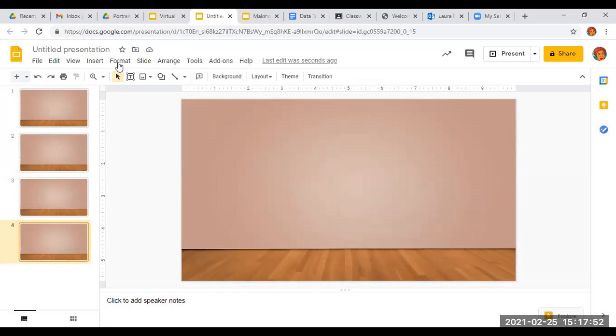Can anybody tell me, how do you choose a background in Google Slides? Search it up. Insert, and then you press the little explore thing on the side, and you look up wall and floor background. Yes. Yeah. So just for anyone who missed that, in order to find a background,